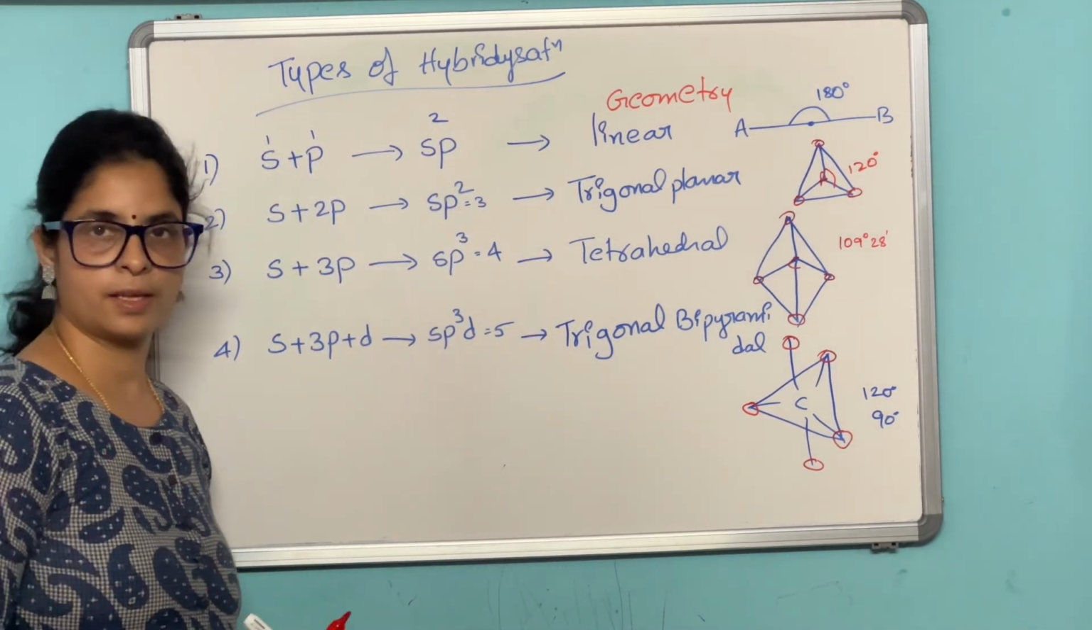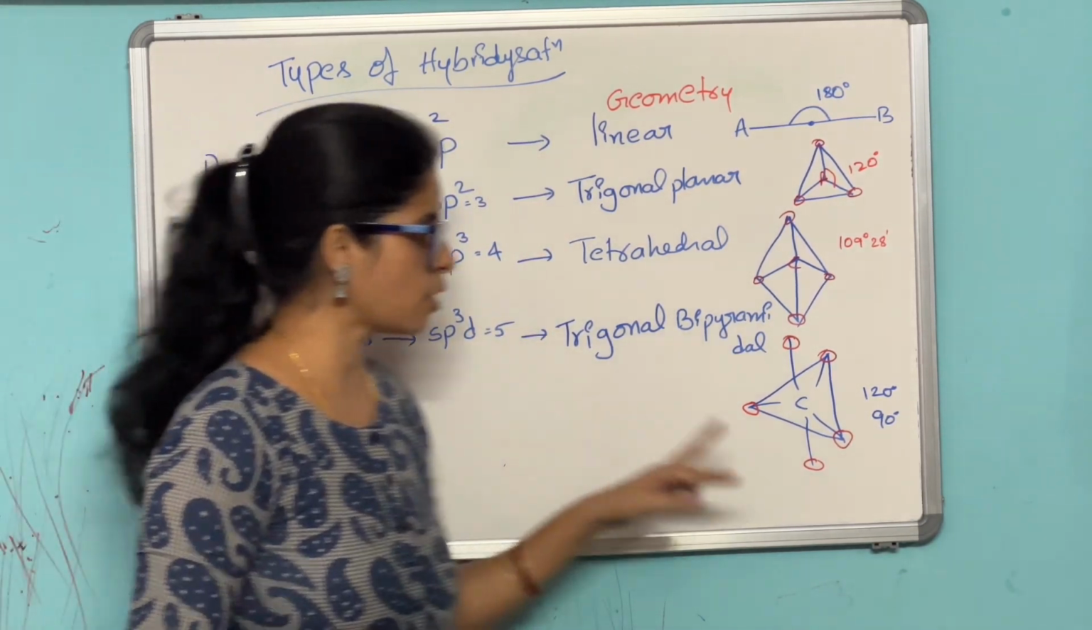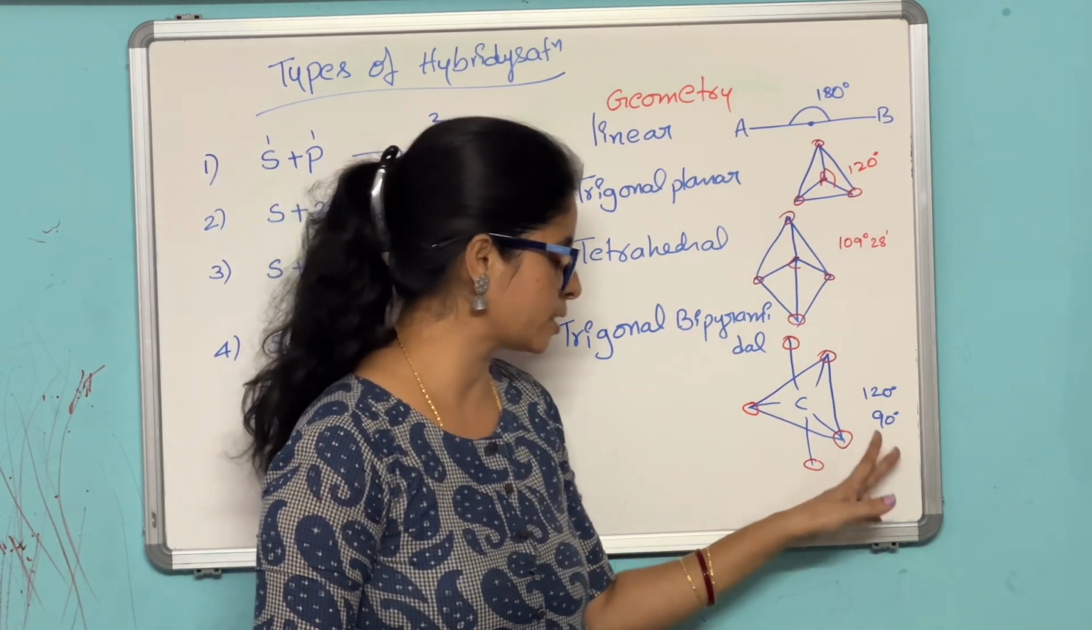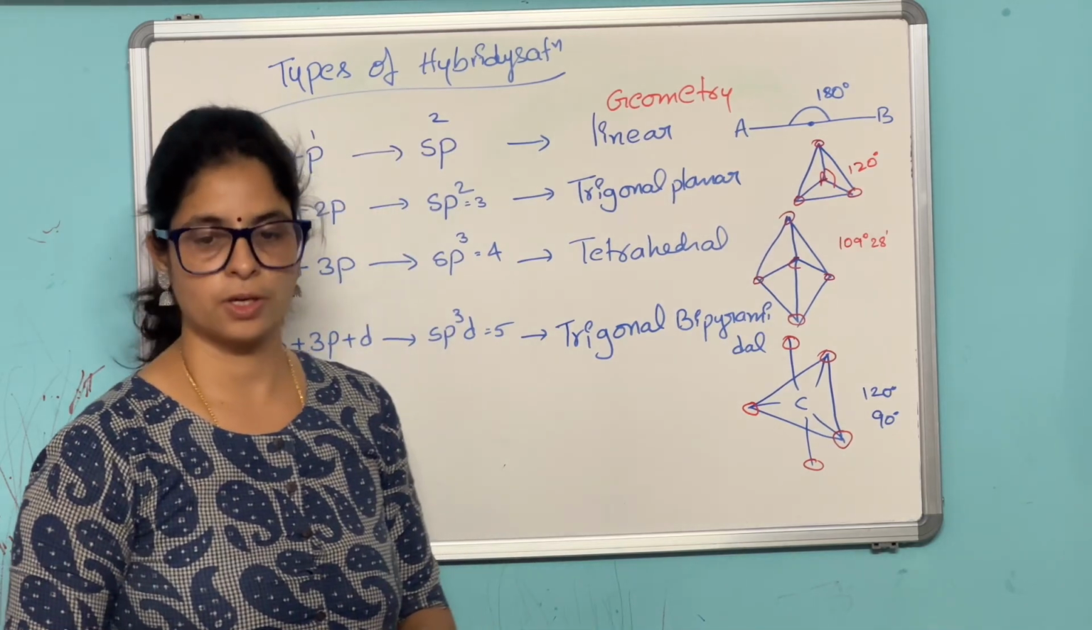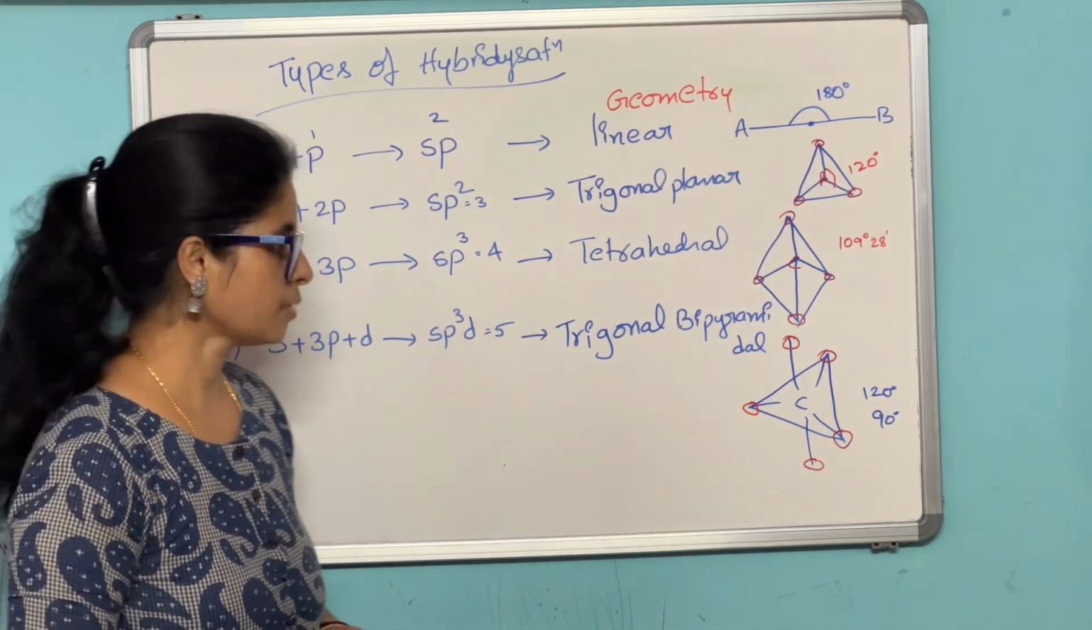Clear? Okay, so two types of bond angles are there. First one is 120 degrees and 90 degrees. Okay, clear? And the next one,